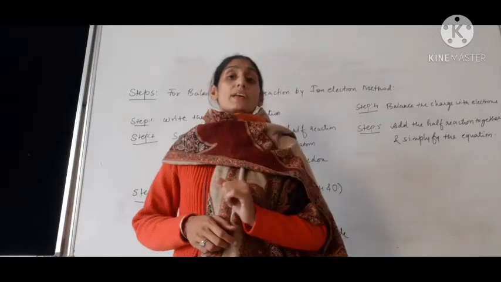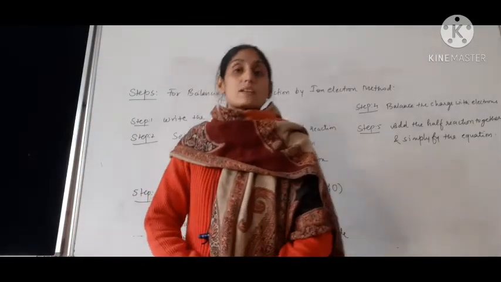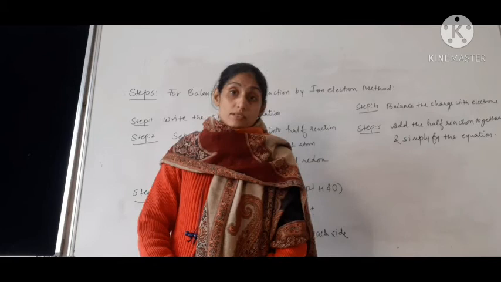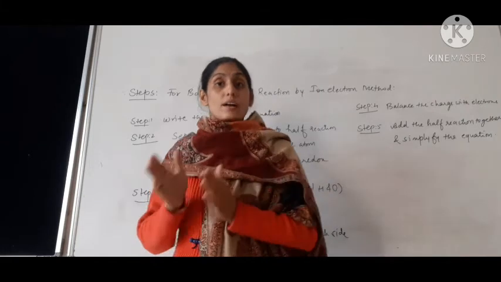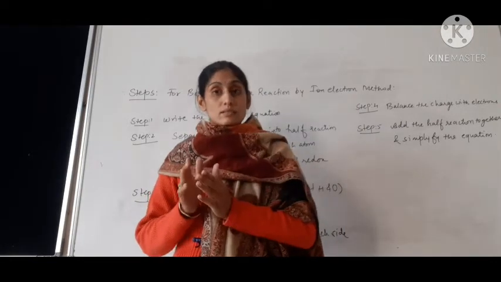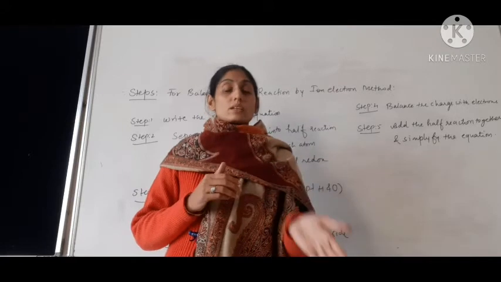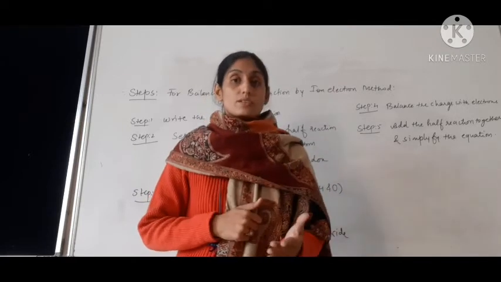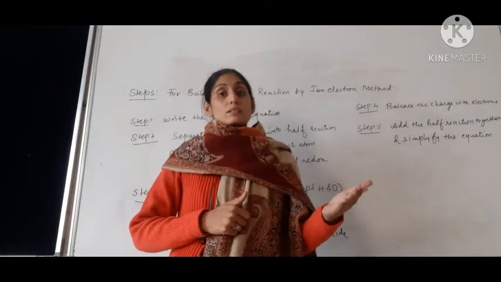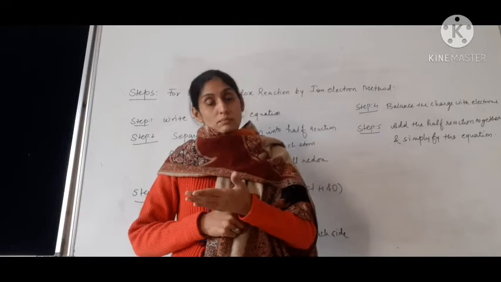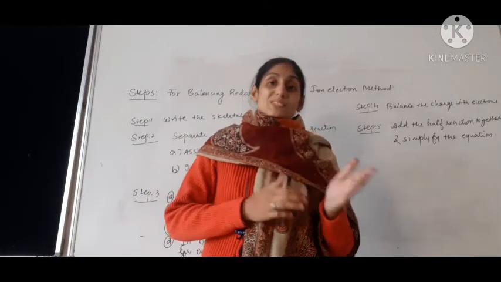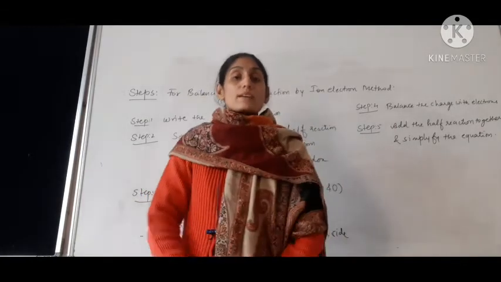Step 2. Here we have to find out the half oxidation reaction as well as the half reduction reaction. How are we going to find out which is which? Children, we have learned that whenever the oxidation number increases, from +2 to +3 or from +3 to +6, it is known as half oxidation. And if the oxidation number decreases, from 0 to -1, or -1 to -3, or from 6 to 3, that is known as half reduction.